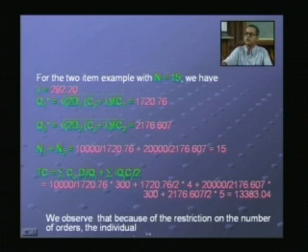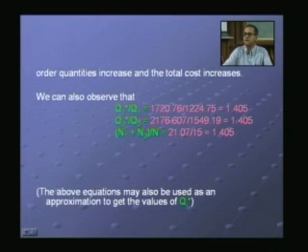Now, we observe that because of the restriction on the number of orders, the individual order quantities have increased. The new Q1 star by the old Q1 is 1720 by 1224.75, which is 1.405. The new Q2 star by the old Q2 economic order quantity is 2176.607 by 1549.19, which is 1.405, the same as n1 plus n2 by n: originally without the constraint 21.07 orders, with the constraint 15 orders,